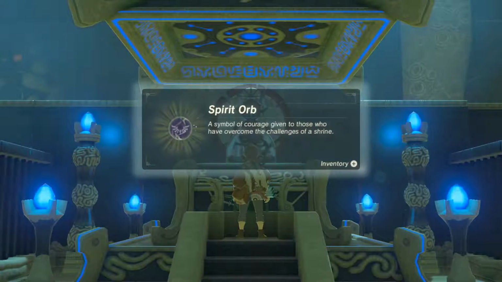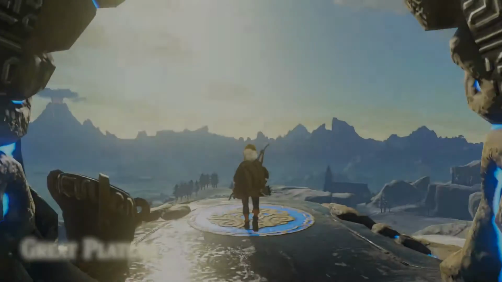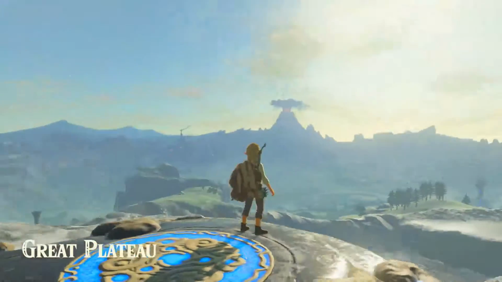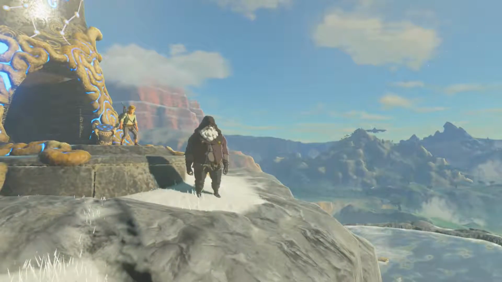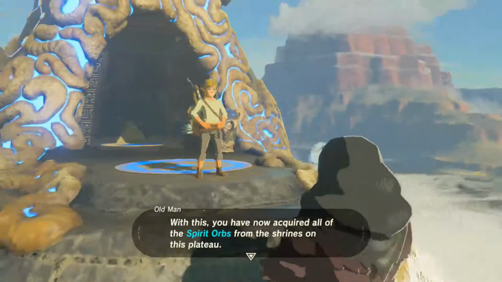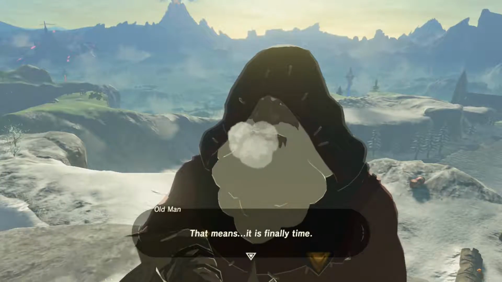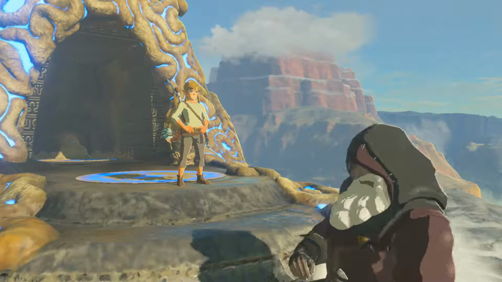It is ours. May the goddess smile upon you. And with that, coming out of our last shrine, we hear the old man call us a ho once more, and he appears out of the sky again. Now, I didn't know I could actually do this. You have now acquired all the spirit orbs from the shrines on this plateau. Oh, extraordinary. That means it is finally time. Link, it is finally time for me to tell you everything. But first...